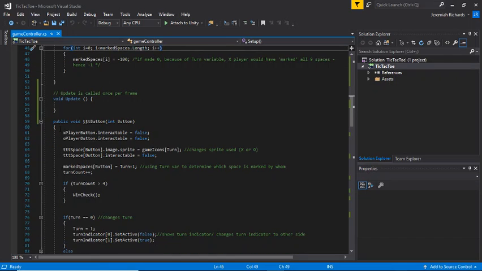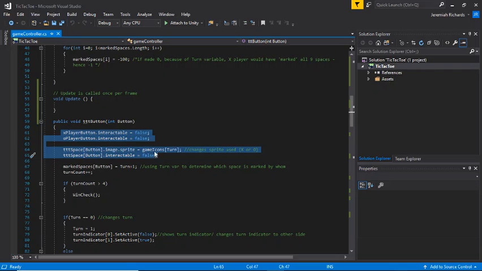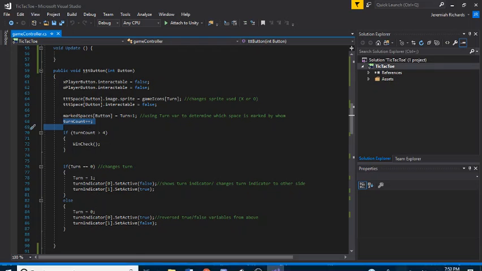Here we have the tic-tac-toe button function. What this is going to do is make the buttons interactable or not, depending on whether they should be. It also changes the sprites used for them, the X or the O. Here we go. This is basically mark spaces saying, oh, you can't touch that. Turn count,